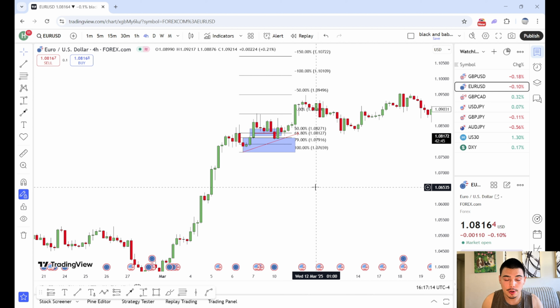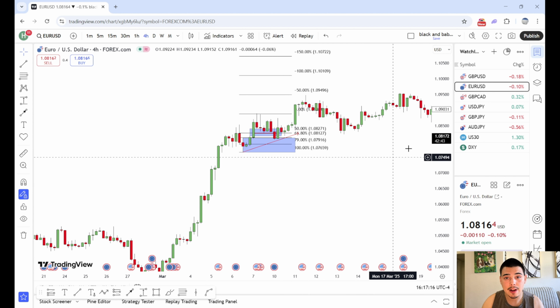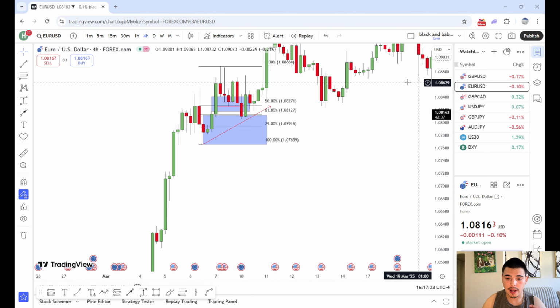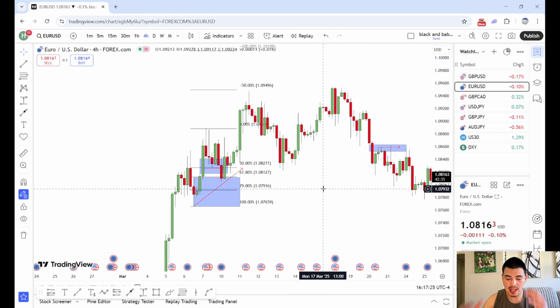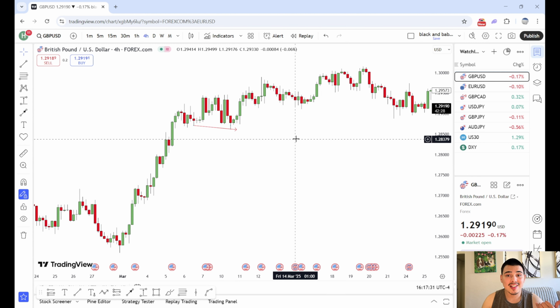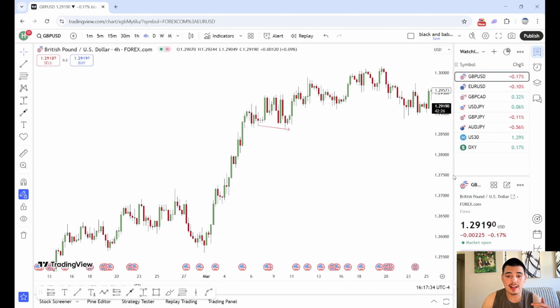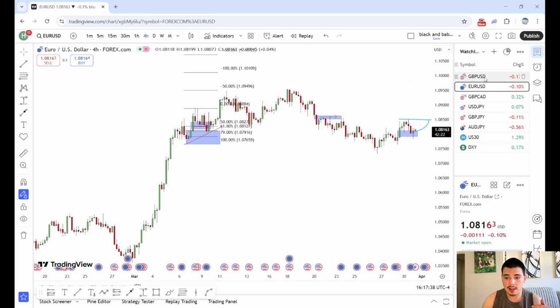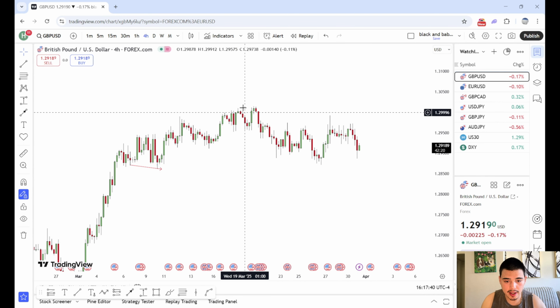But in this scenario, this is SMT divergence right here. And it just added to this super beautiful setup right here. And it's no wonder why price flew from here. You know what I mean? Not only was there so many PDAs in the scenario, but it also had smart money technique right here, right? It also has some SMT divergence present, okay? And again, you can see right here with GBP USD,